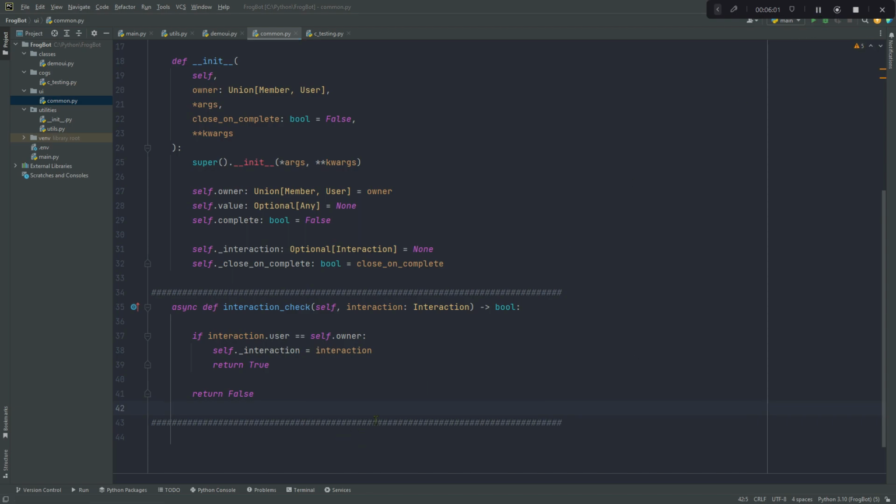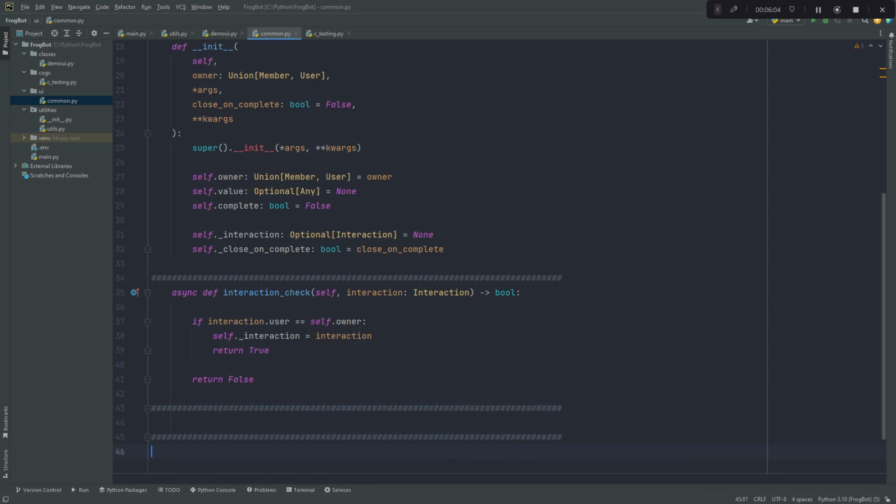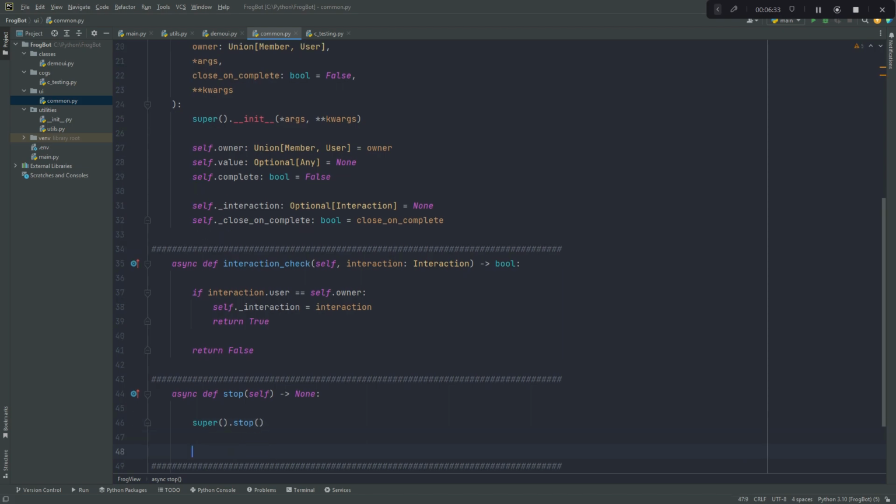Okay, so now we're going to get a little bit fancy, and we're actually going to override the stop method for the view. Now, we didn't use stop previously when we were counting up and down, but typically if you want a view to finish dispatching, you say view.stop, and that's going to finalize everything in it. Nothing's going to be interactable anymore. So we're going to override that and give it a little extra behavior. First thing I want to do is call the initial stop function that's defined within PyCord, okay? Because that's going to perform all the internal logic that we need. And it's important to do that before the next step, because if we've decided that we want to close this on completion,